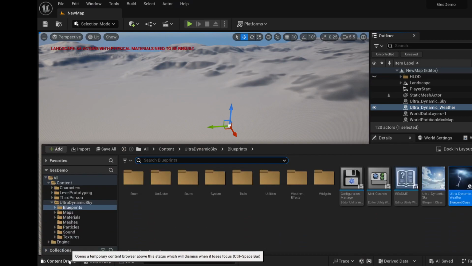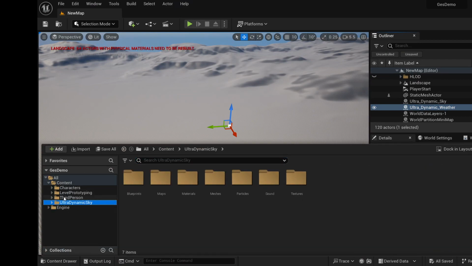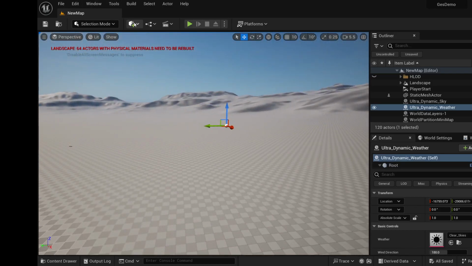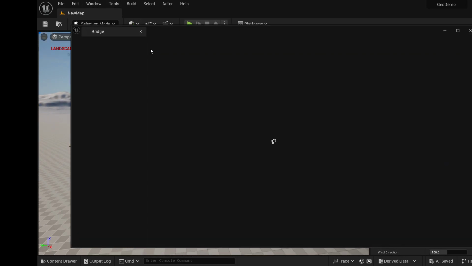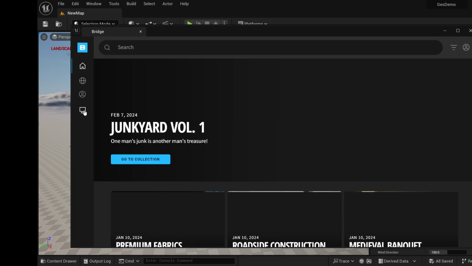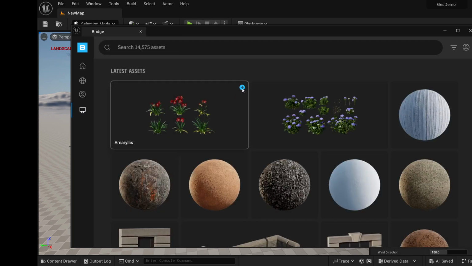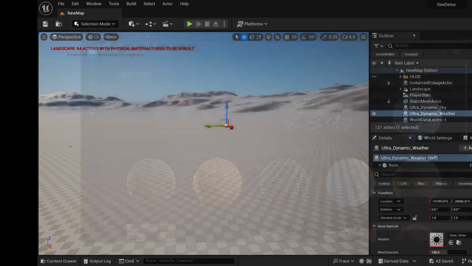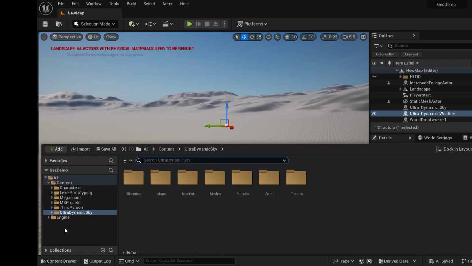So you can see here, if we go to our drawer, there is no Megascans, no MSPreset. MSPreset is Megascans' folder for storing all the materials for its assets. So I'm going to go to Quixel and just download some foliage and show you what I'm talking about. All right, let's save it. Okay, so if we open up our content window, you can see that we have Megascans and we have this